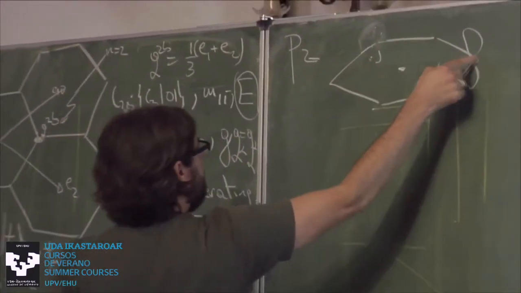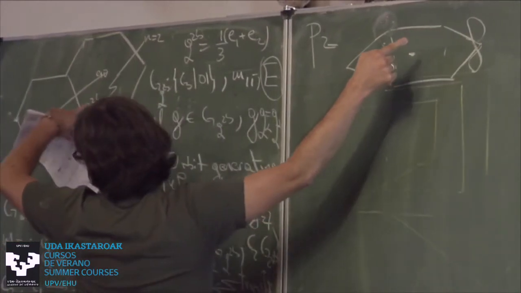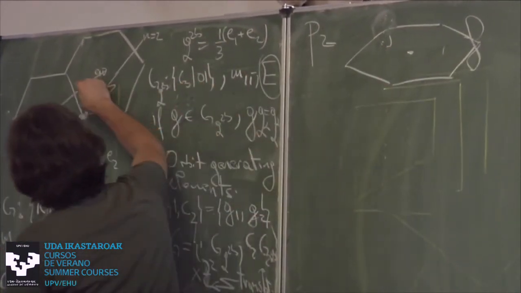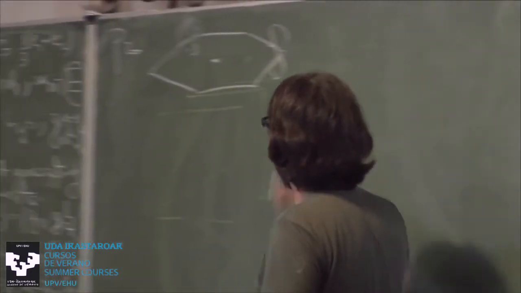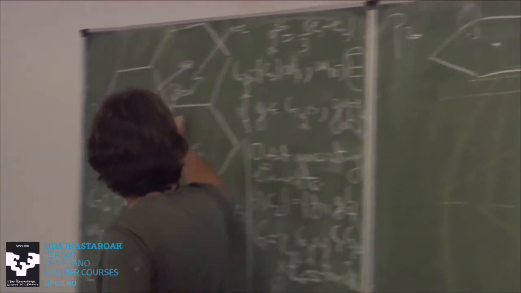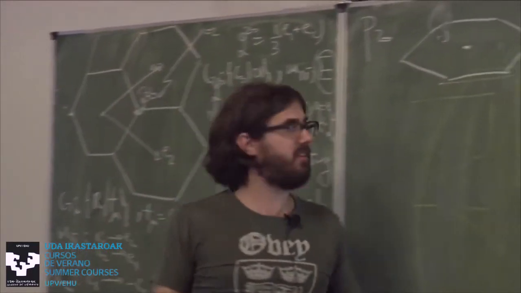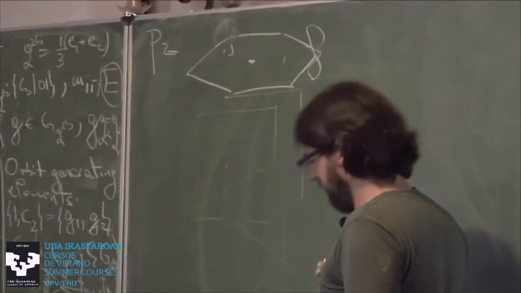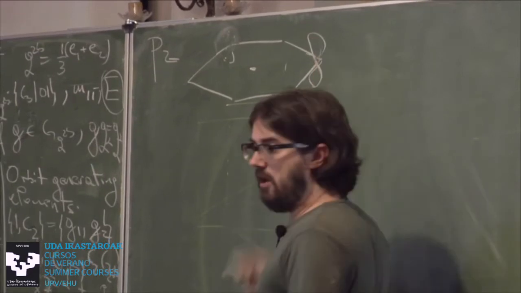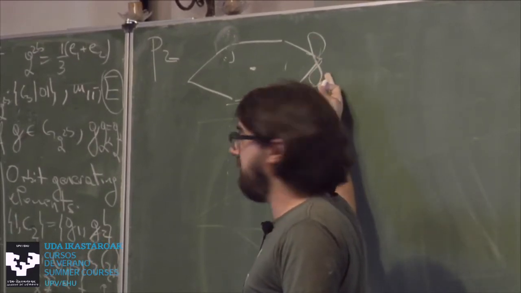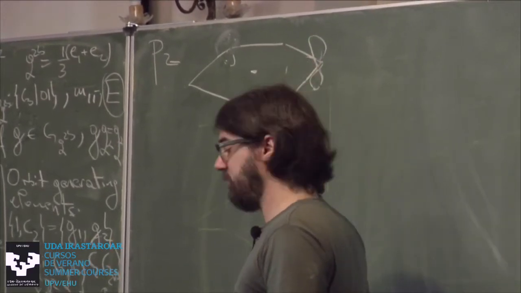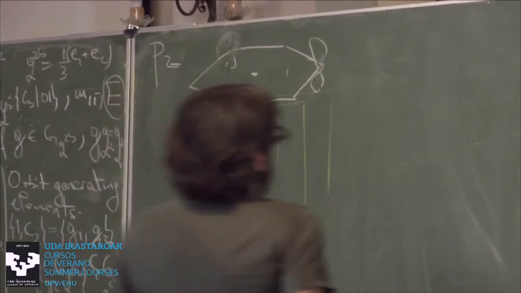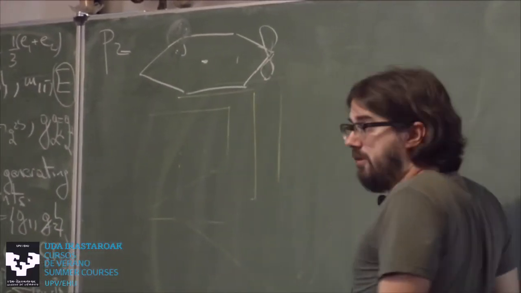There's two Wyckoff positions, two sites in this Wyckoff position, 2b. It's got a multiplicity 2, which is given by this index 2. Okay? And now I'm going to ask, what do these p orbitals do when put in this environment on the lattice? So you put it here, you put it everywhere. Well, the zeroth order thing that I need to do is find out how these, so I want to understand what the electronic bands that come from adding pz orbitals on the lattice do. I don't want to write a Hamiltonian. And I claim that I can understand this just from group theory.